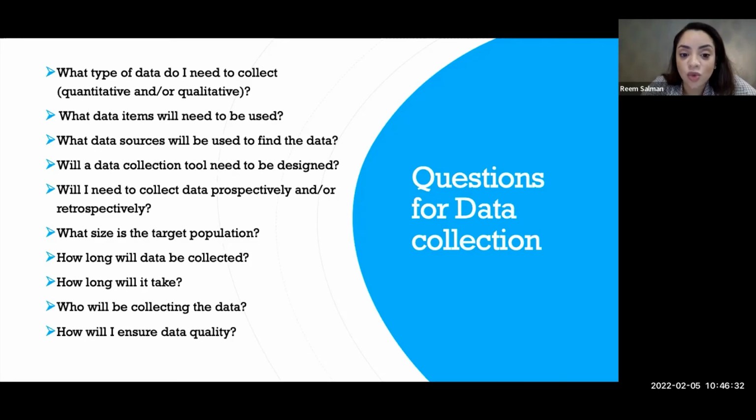What data sources will be used to find the data? Is it the electronic records? Is it the notes of the patients? Okay, is it the cardexes? Will a data collection tool need to be designed? I personally design data collection tools all the time because it just organizes my work. I hate paper performance, but in very, very specific audits, it's sometimes easier to do paper and then put it in an Excel sheet. But I usually design Excel sheets for audits